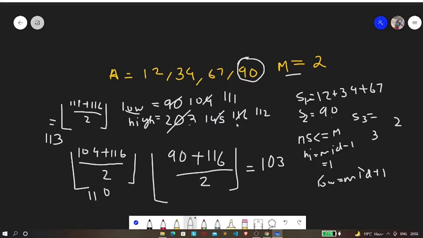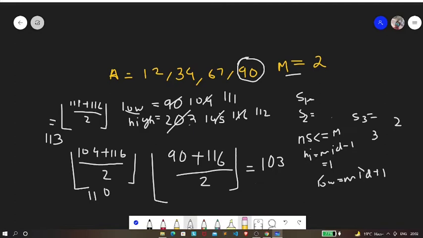So if we just find a mid of 111 and 112, it will be nothing but 111. So our mid will be 111 again. So let's run this again.